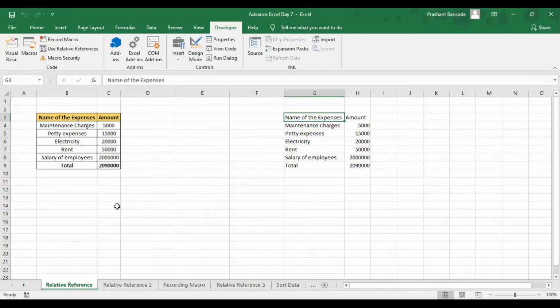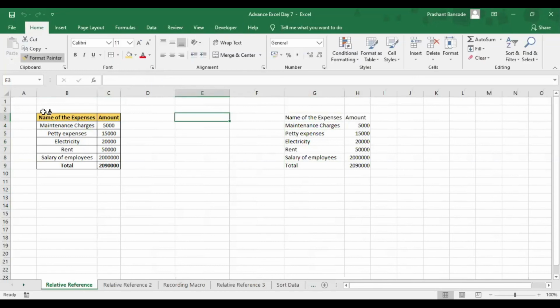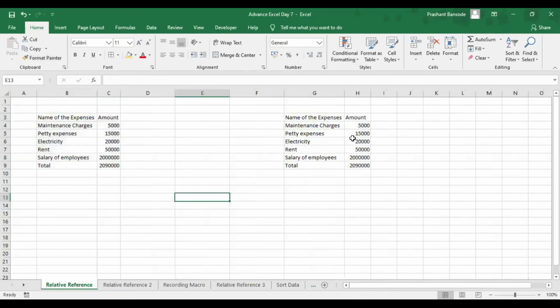So I'm going to run the macros with relative reference and see if it works or not. I'll go to format and convert these cells back in a normal way as it is. Okay. Now I'm going to use another macro. So again, I'm going to keep my cell in this particular row.